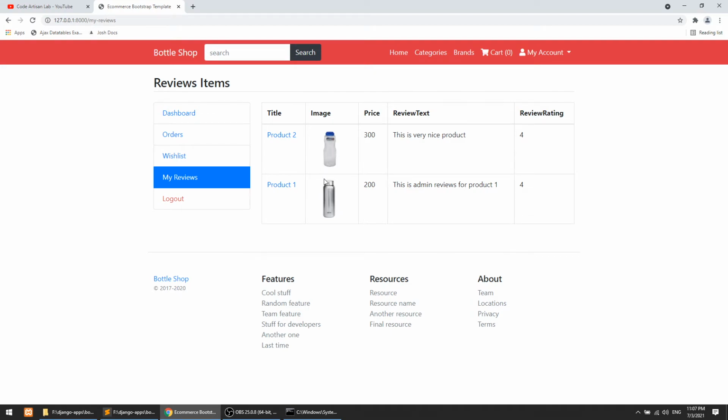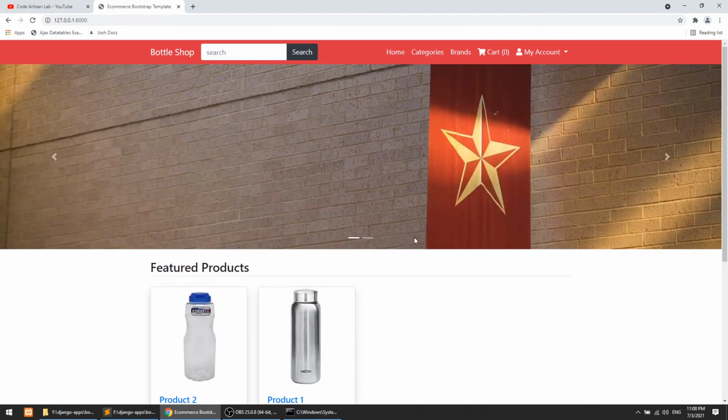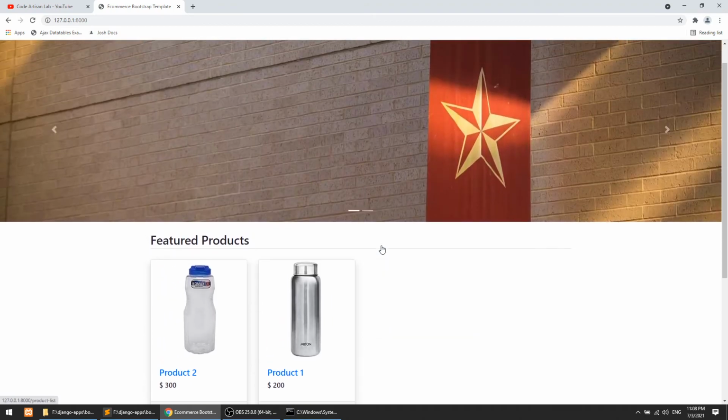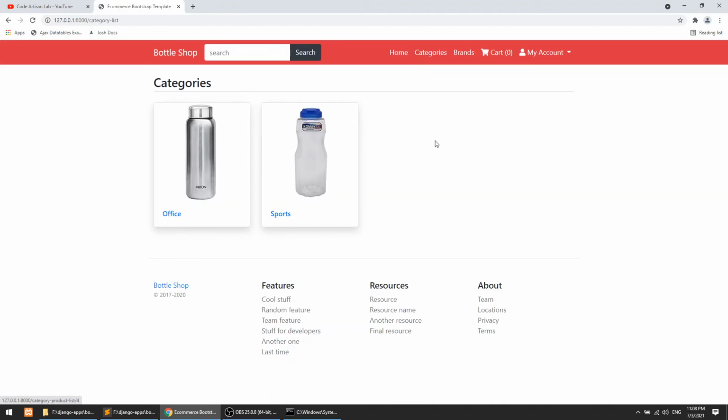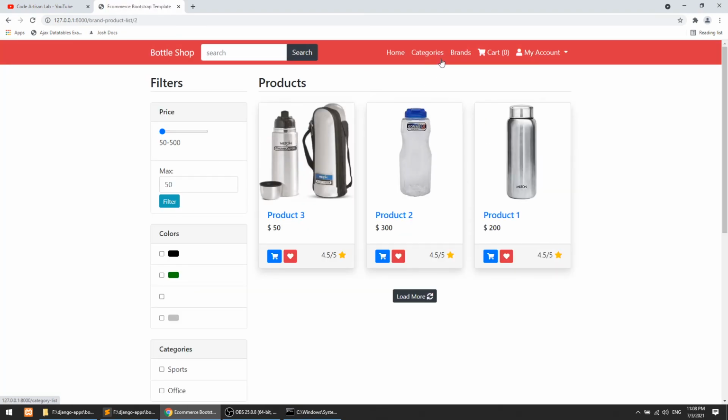So we have created the user dashboard, user orders, wish list and all the things. We need to work on the filters, because I think the filter is not working properly. We have to define the filter functionality for all the pages, like category archive, brands, products and category products. We will make it perfect with the combination of pagination, filters and price range.